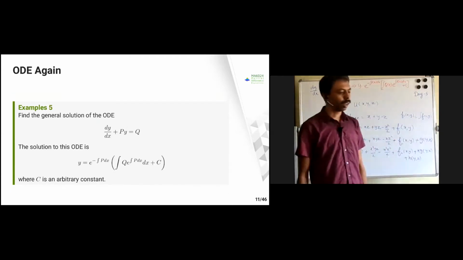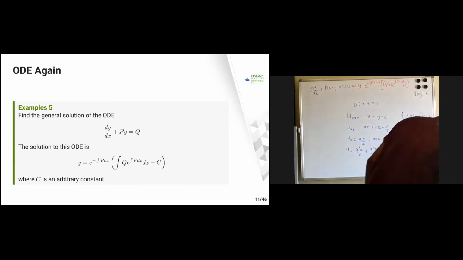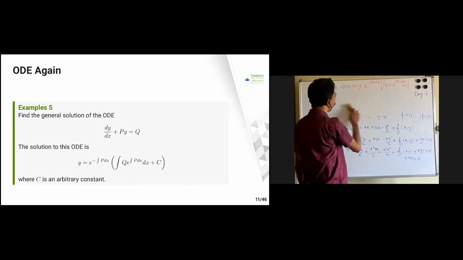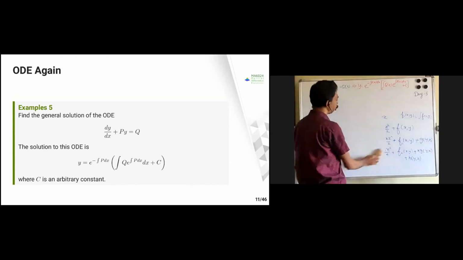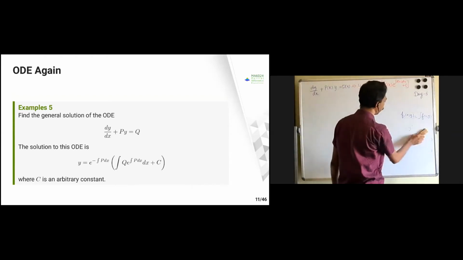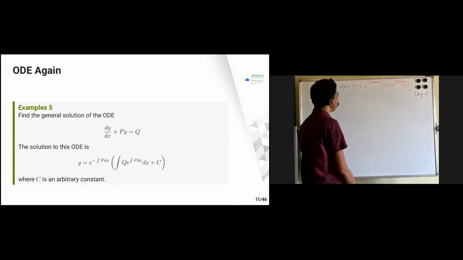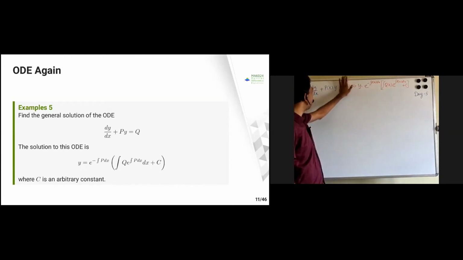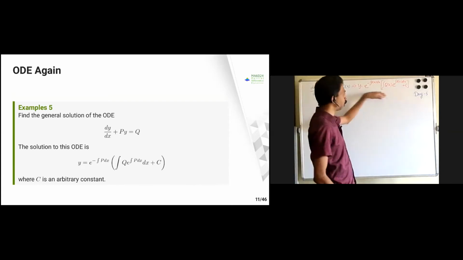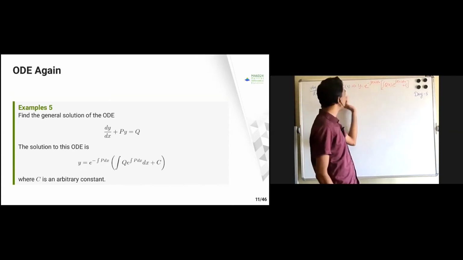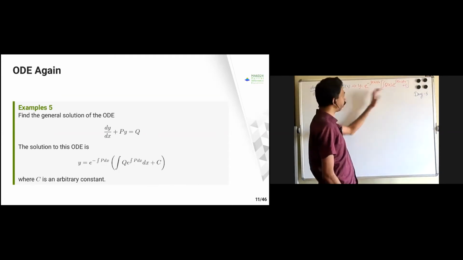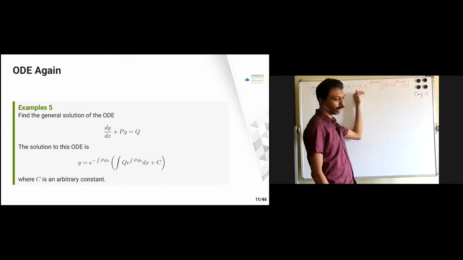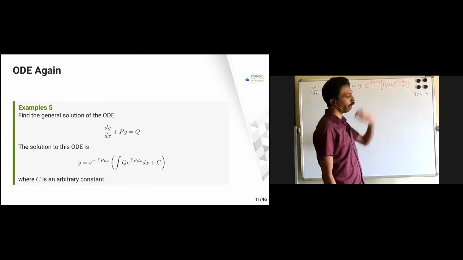Okay, this is same. Now let's come to this equation. Suppose you have dy by dx plus p of x into y equal to q of x. Then what is the solution? We can just integrate that. You can assume that it's homogeneous, then 0 will come. Then you can bring it over here and make it p of x dx and dy by y. Then you will get log y, etc. Then this will be the solution you will obtain. Then you have to solve that using the homogeneous part and inhomogeneous part. Then you will get this one. I hope you have studied this in your ODE course. Here c is an arbitrary constant.